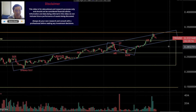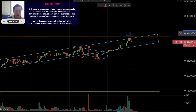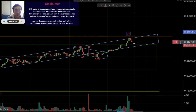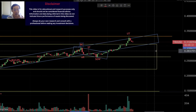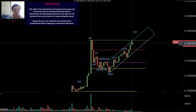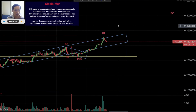If we look at the daily, last week we had drawn the upthrust as being in the oven cooking, and we've already seen it just on Friday. And now that's the retracement I talked about just now. But this upthrust is different from the upthrust in the weekly chart. So this is just for the daily. If the weekly is going to develop or continue the building of the upthrust, or comes up with an upthrust of the distribution, then the daily chart will follow. As of this moment,